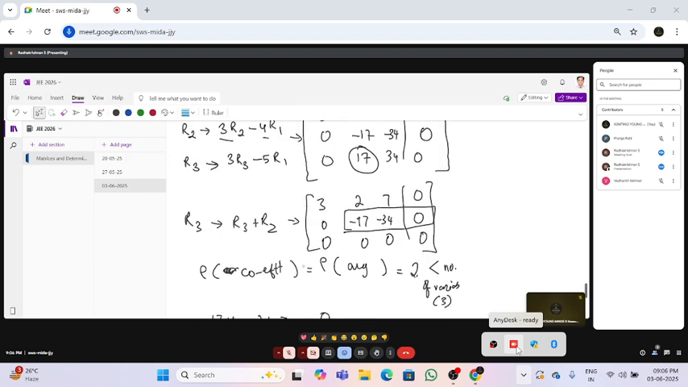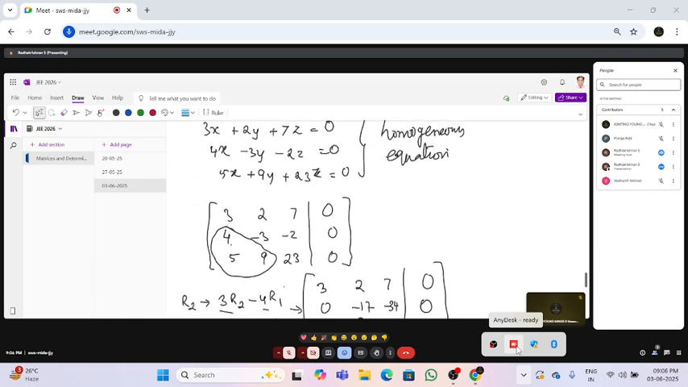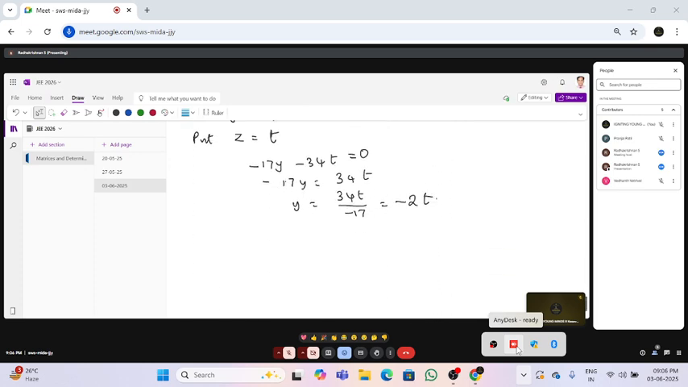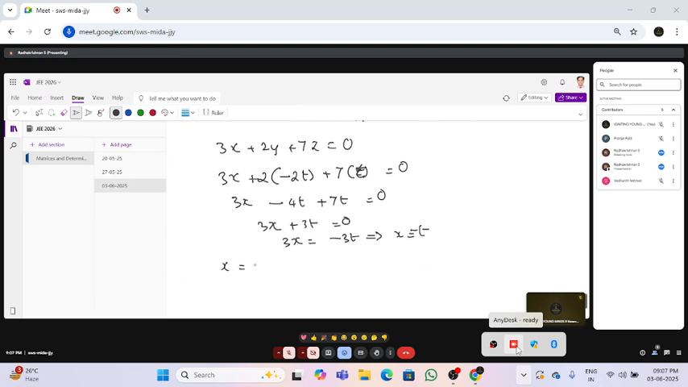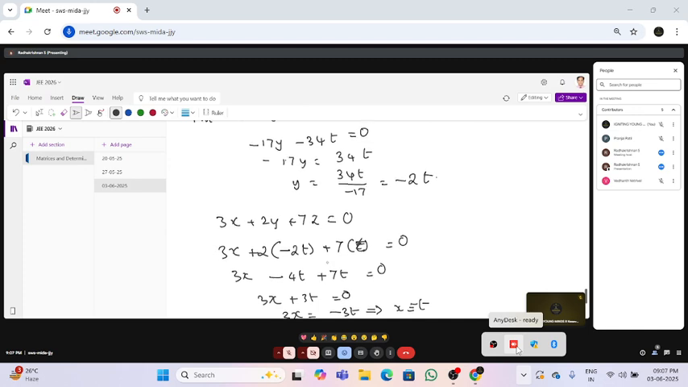You substitute them in the first equation. The first equation is what? 3x plus 2y plus 7z, right? So substitute: z equal to t, so 3x minus 4t plus 7t equal to 0. That means x equal to minus t. So the solutions are x equal to minus t, y equal to minus 2t,